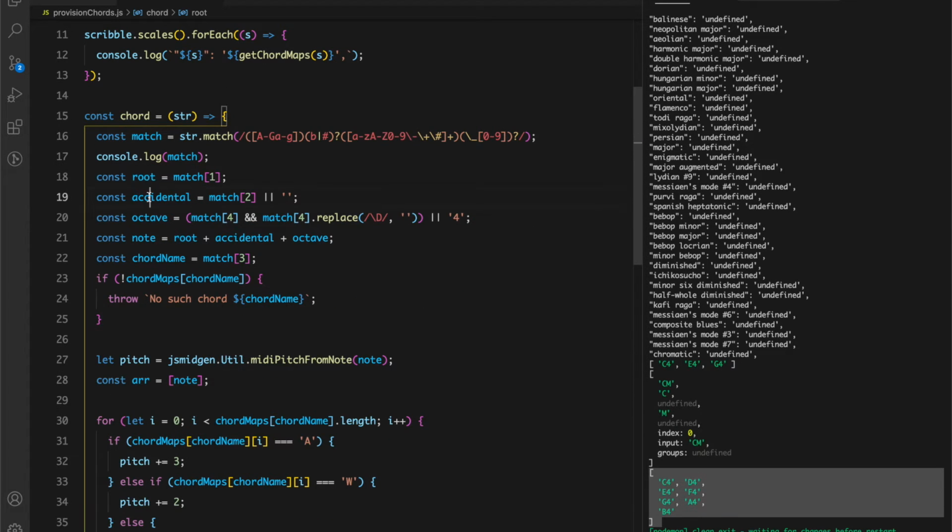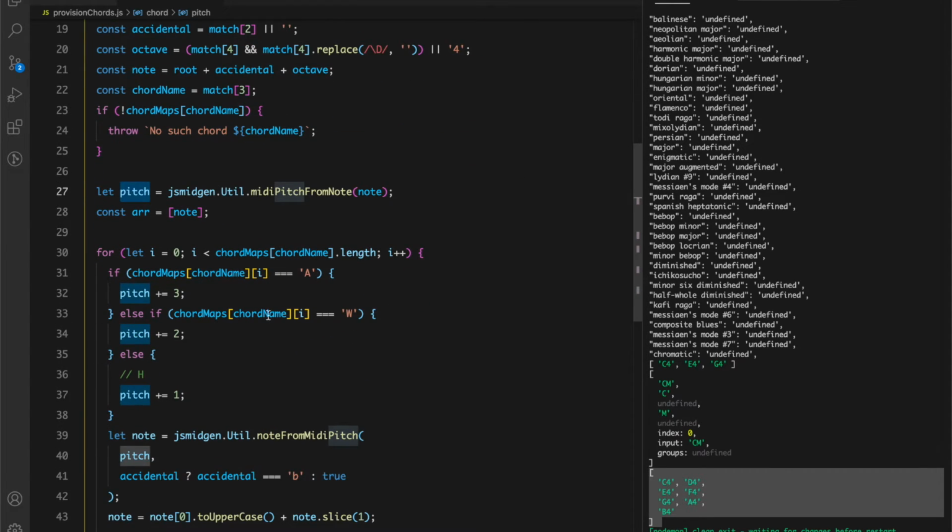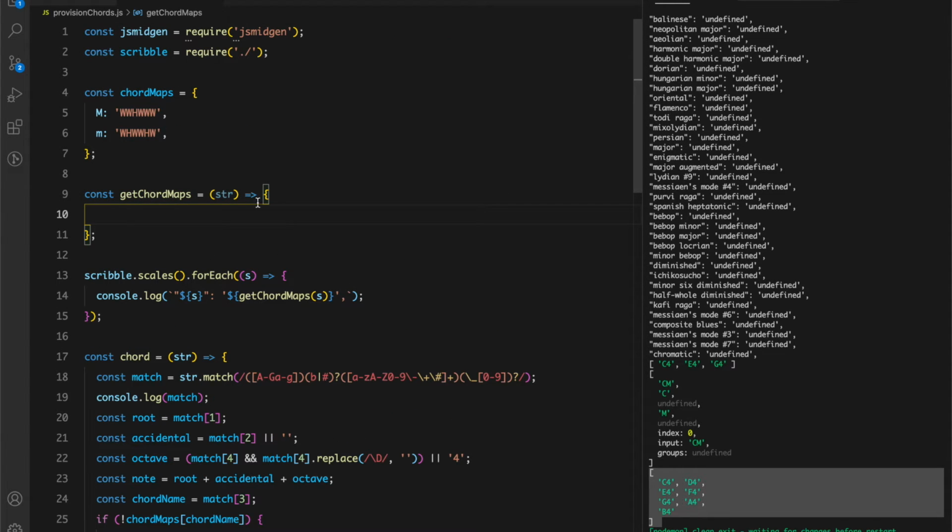So we have the root note, the accidental, the octave, note, chord name. In the earlier video we went through this pitch thing, and then we separated the earlier pitch from the next pitch and calculated the difference, and based on the difference we set up these letters to form that scale map. But in the case of chords, I was thinking we can just use an array instead, an array that we will use to get hold of the notes from a chromatic scale. We need to spruce up this method, and this str over here is just the chord name.